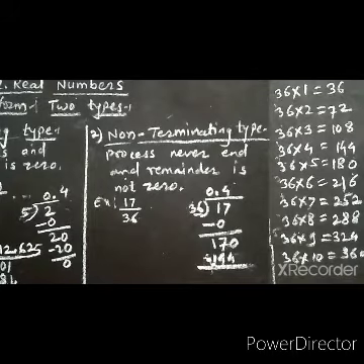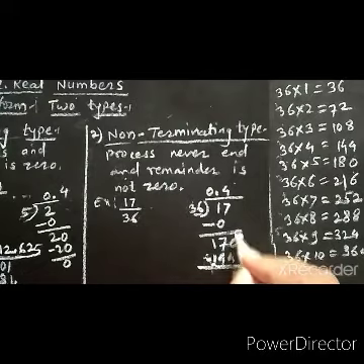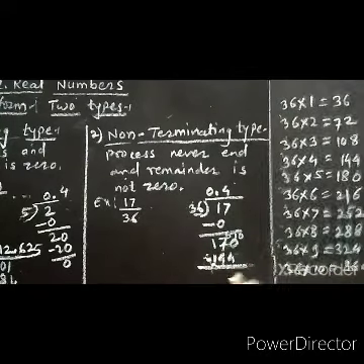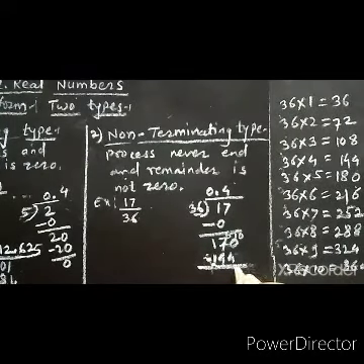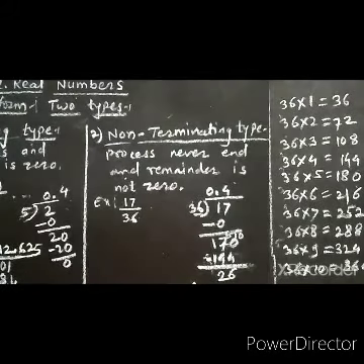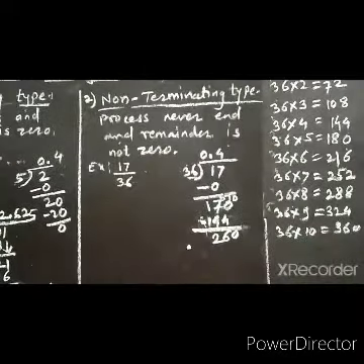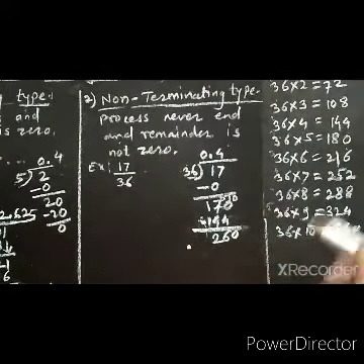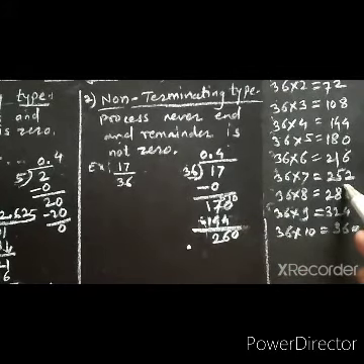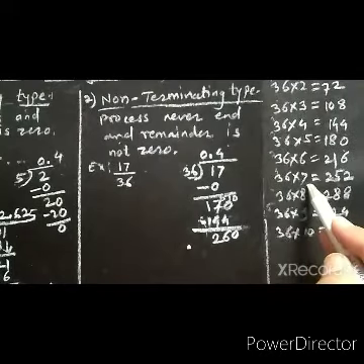Therefore, here 4 cannot be subtracted from 0. Therefore, here we got 10 and here 6. So 10 minus 4, that is 6, and 6 minus 4, that is 2, and 1 minus 1, 0. So 170 minus 144, that is, here we got 26. Now here we have to take 0. Now we have to find 260 in the 36 table. Below this number, we got 252. So 36 sevens are 252.